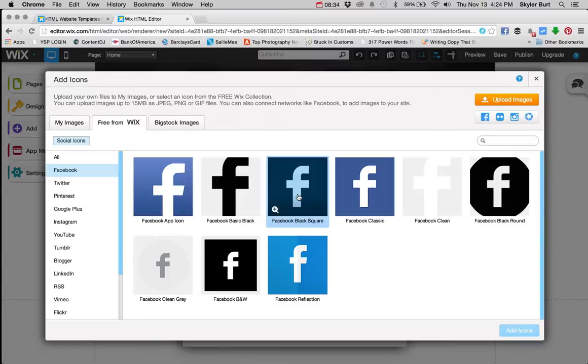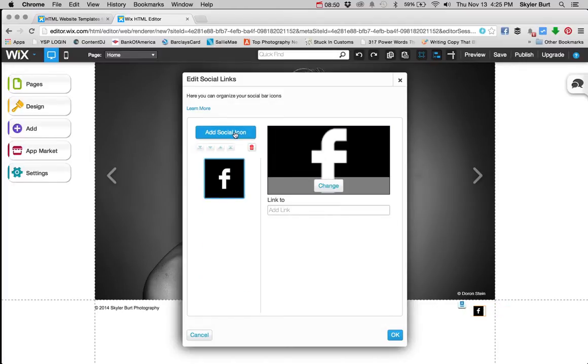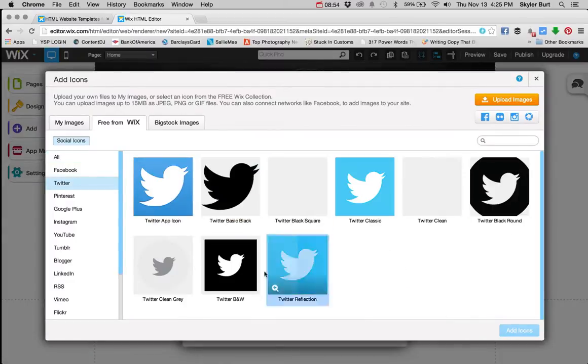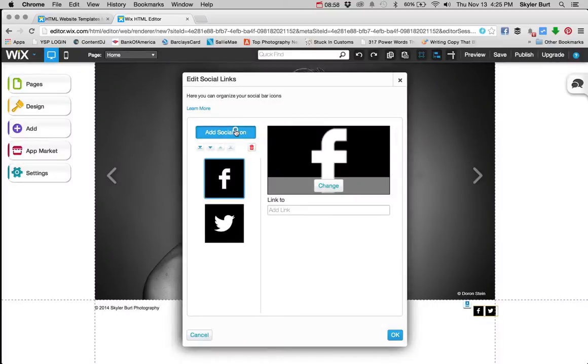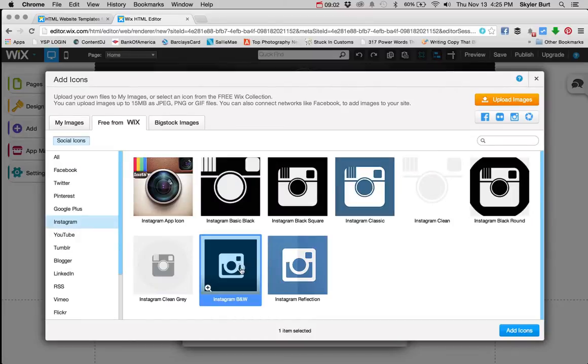Let's maybe say choose this black square, or maybe Facebook black and white. So I'll choose that, go add icon. I can throw away these other ones by clicking on the trash can. I can add some more. Let's say I wanted to add my Twitter, and I'll choose Twitter black and white, go add icon. And then maybe I'll add one more and make it, let's say, Instagram, and I'll choose Instagram black and white